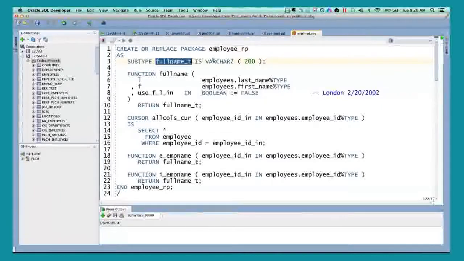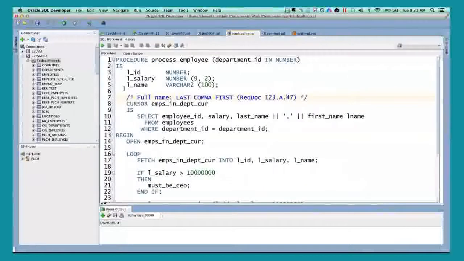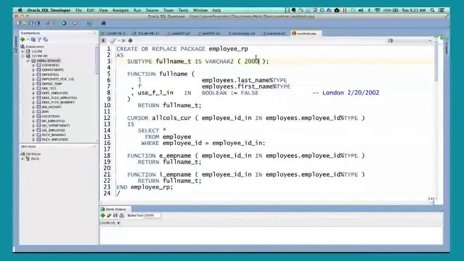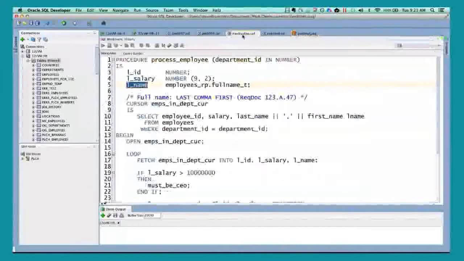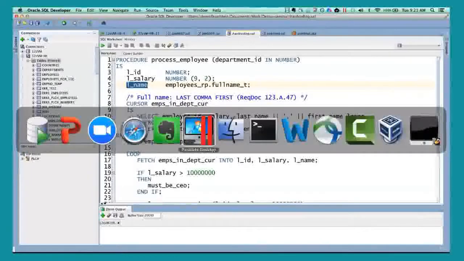My full_name_t is varchar2(200). I declare it once here. And then whenever I'm writing my code, rather than fumbling over what the maximum length should be, I can write employee_rules_pkg.full_name_t, and I'm done. So I describe by name what this thing holds. And then if it ever needs to change, if 200 is too small, okay, I'll change it to 2000, right here in one place, recompile, and all my references are automatically updated with a compilation reset. So that's what I mean about a single point of definition for something as simple as constrained declarations.